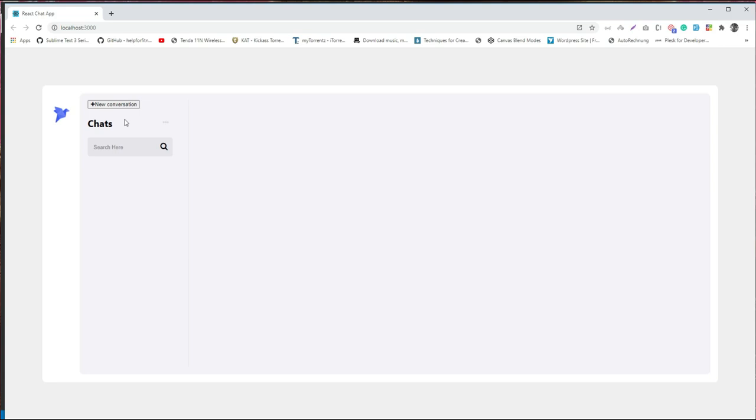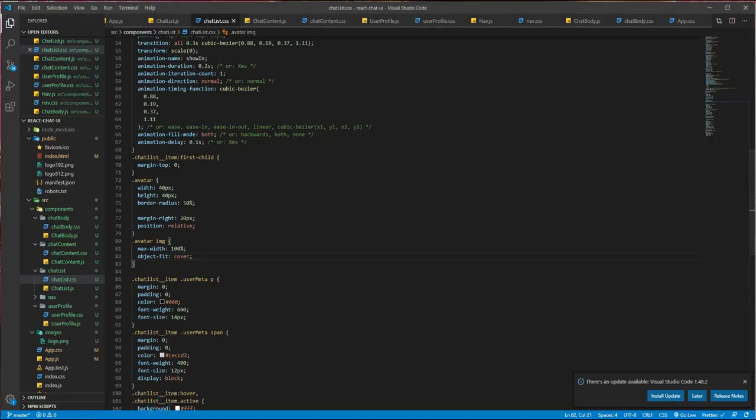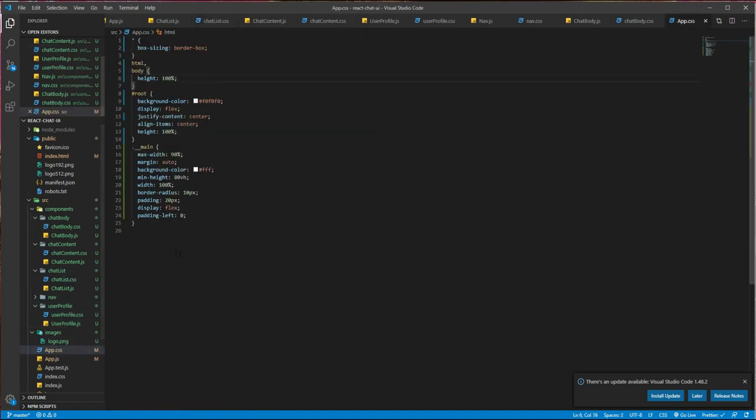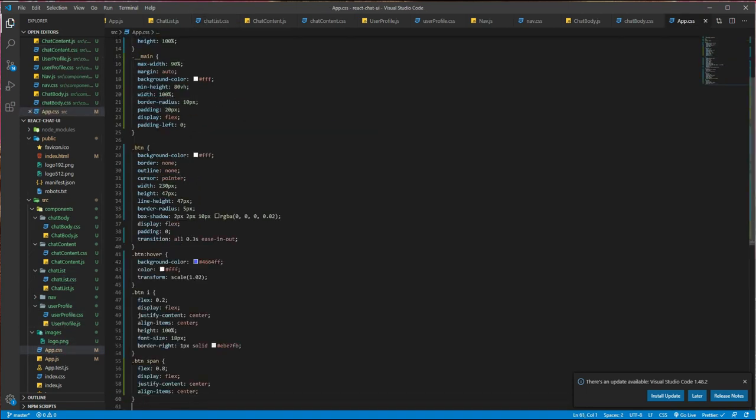Let's add some CSS on the button also. To add the CSS on the button, I will go to App.css. Where is it? App.css, and let's add the CSS related to the button.